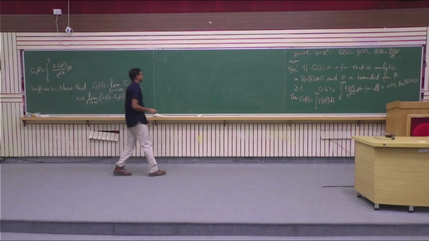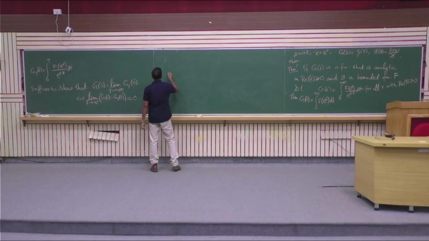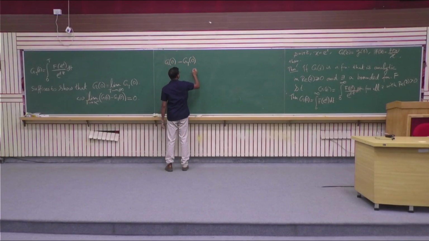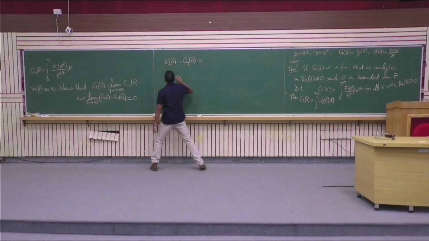Okay. So now note that g0 minus gt0, this is, okay, by Cauchy's ratio theorem,